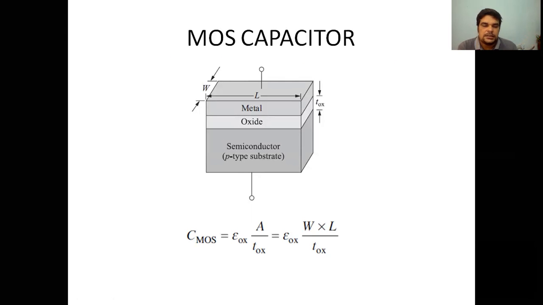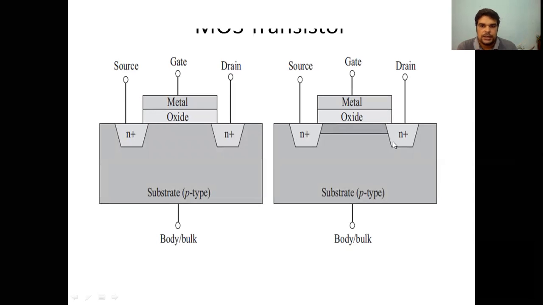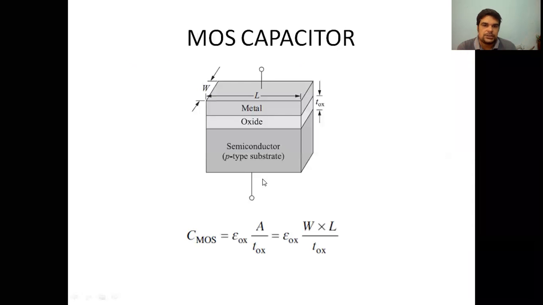Now, let us consider the MOS capacitor, or you can say the gate capacitor. How the gate capacitor is formed here, you can easily see. This is the two-dimensional diagram of a MOSFET. We will discuss the enhancement MOSFET here, not the depletion MOSFET. This is the cross-sectional front view of this MOSFET. If we see the three-dimensional view and look at this region only, we will get a structure like this.